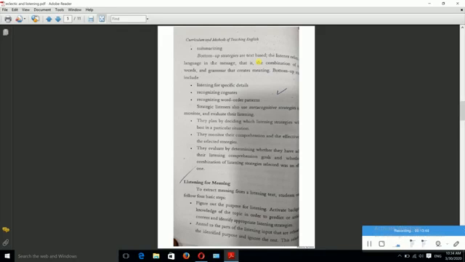Recognizing word order patterns, and strategic listeners also use cognitive strategies. أعزائي الطلبة،